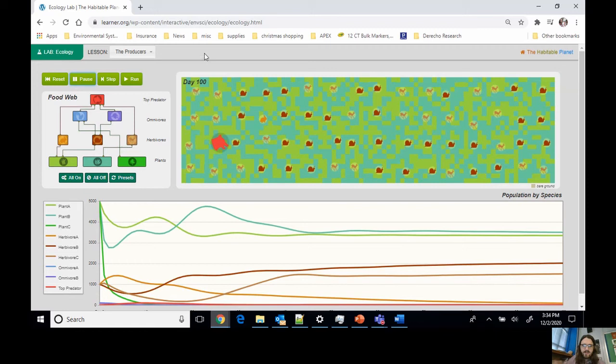So let's say you get to this point. This is when you should take a print screen, because this print screen would show your setup, your food web, and then it would show your results, which is basically your graph. And to do a print screen on the normal computer that HISD assigns, you're going to